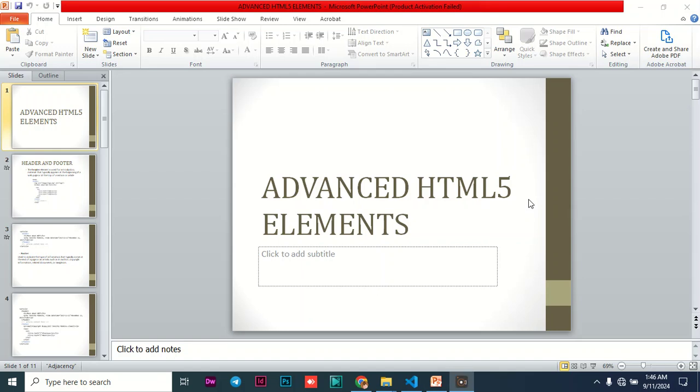Welcome to this segment, and in this segment I'm going to discuss advanced HTML elements. Now you understand that HTML has moved from version 1 to now version 5, that is HTML version 5, and every time there is an improvement in terms of a version of a programming language, it implies there are some features that have been brought on board to make the